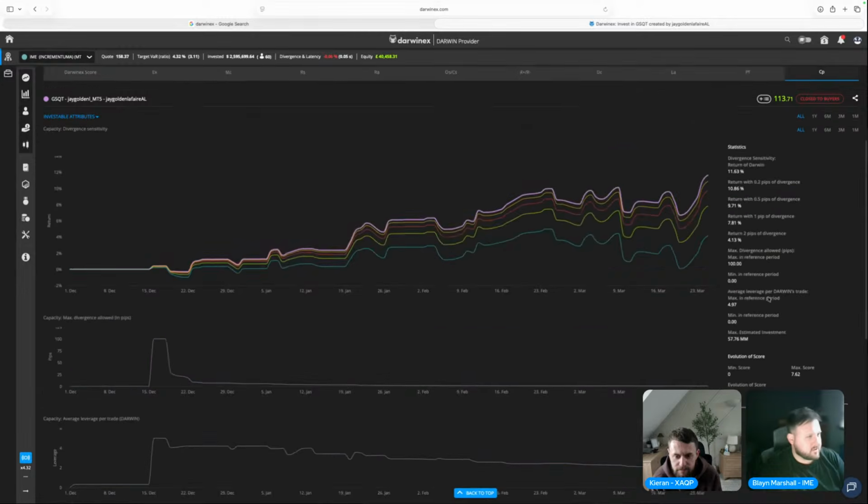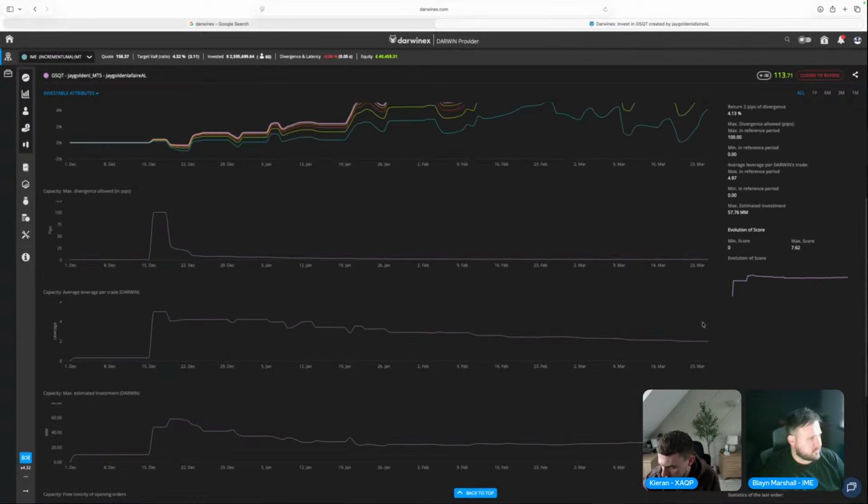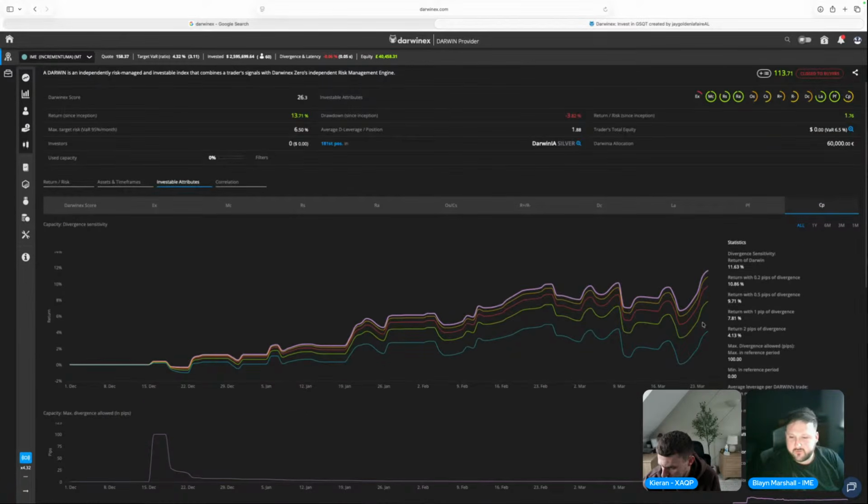Yeah. So even when you do All, Jay, your max investment is about 25.55 million, which is a decent size. I wouldn't be too worried about it at the moment. Again, as Kieran said, if going forward you're getting investment and things are looking good, then it is something worthwhile to think about. That would be the real capacity. I would assume it's much lower, based on what Kieran said.